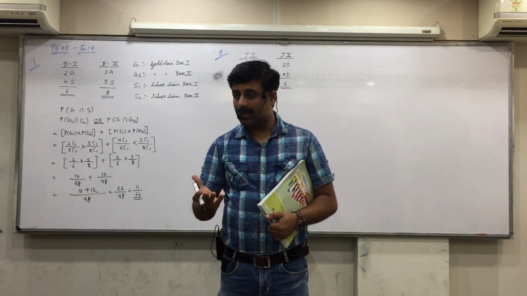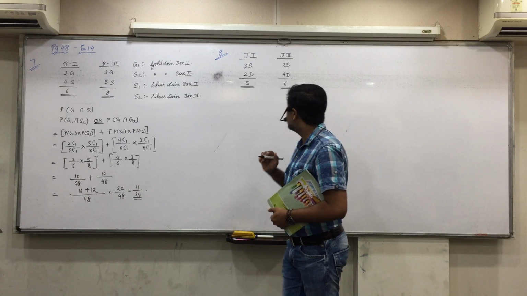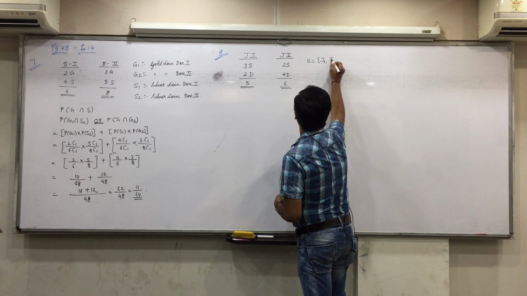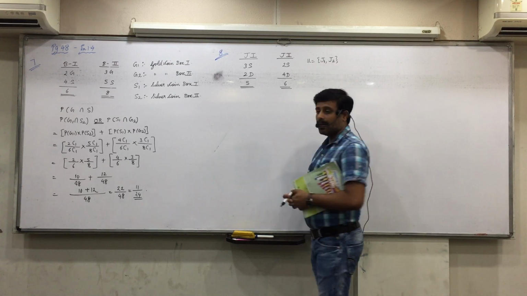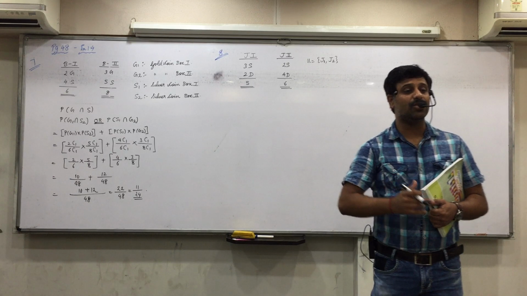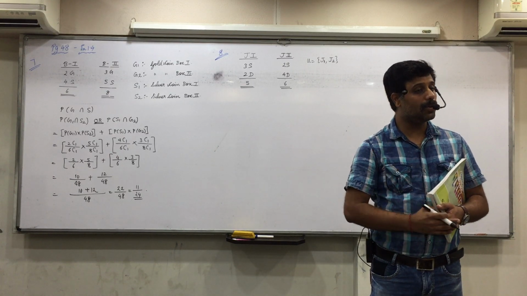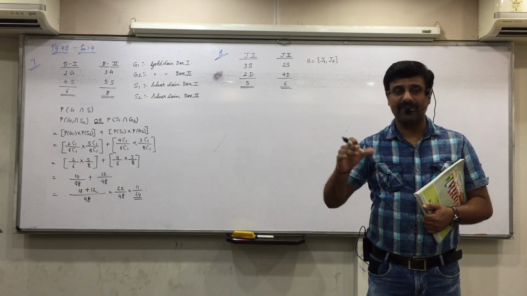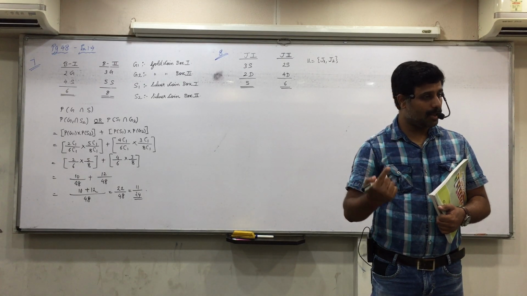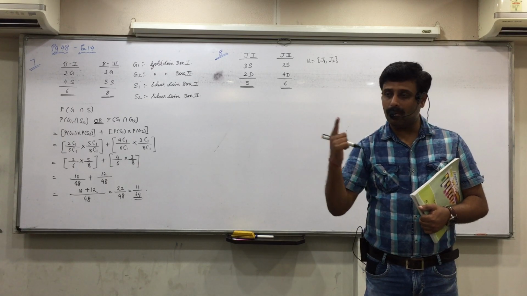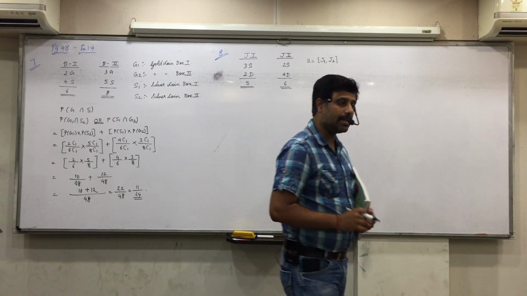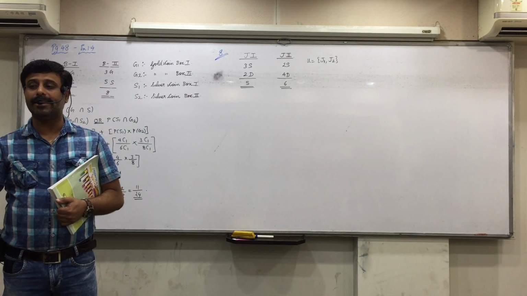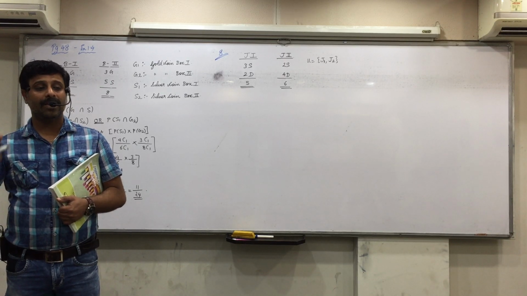1 by 2. If you make the sample space of joint families, what will it be? J1 and J2. Now if I ask you what is the probability of selecting the first joint family? 1 out of 2. What is the probability of selecting the second joint family? 1 out of 2. M of J1 will be only one outcome, so 1 by 2. And M of J2 will be only one outcome, so 1 by 2. Did you understand this? So first one joint family is selected. And what is the probability of selecting J1 or J2? Each of them, 1 by 2.